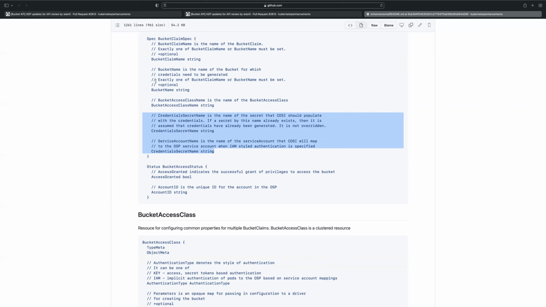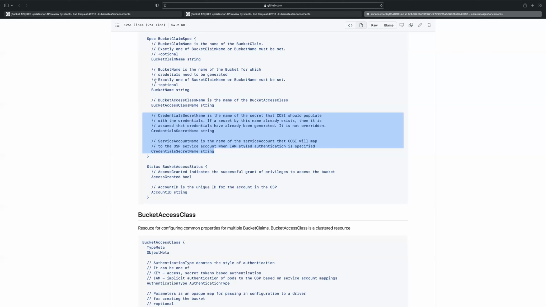It's going to contain a structure called bucketinfo.json, and this structure contains information about the bucket, as in the bucket name, the authentication method, the backend URL, access key and secret keys if it's access key and secret key based authentication, or it's going to have a pointer to the service account saying this is service account based authentication.